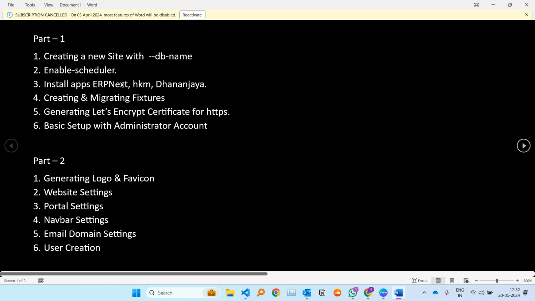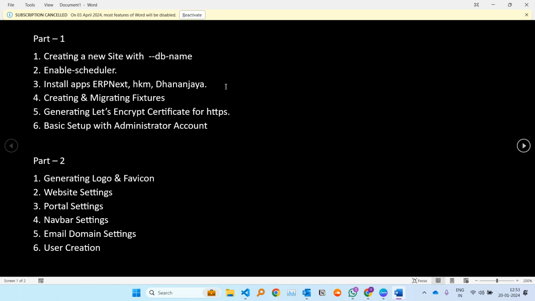Next is install apps: ERP Next, HKM, Dhananjaya. In this order only you install. The reason is that after the Frappe app, ERP Next is the most important app, and HKM is on top of ERP Next, because using many of the doctypes and customizations, and those customizations are actually on top of ERP Next. So HKM is dependent on ERP Next, so we need to install ERP Next as well. And then the Dhananjaya application is dependent on the HKM application,